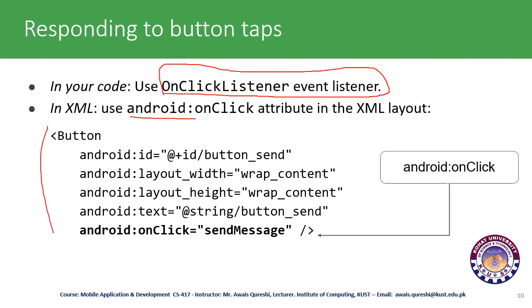This is the XML layout of your Android application. This is the ID of the button, and this is the layout width and layout height. This is the height and this is the width, and this is the button text, and the text of the button is button underscore send, and the event which takes place is the send message, because the button is taking some text from some text input field like text view or edit text, and sends those messages to another activity. So here we can include this key value pair in our XML document, Android manifest file.